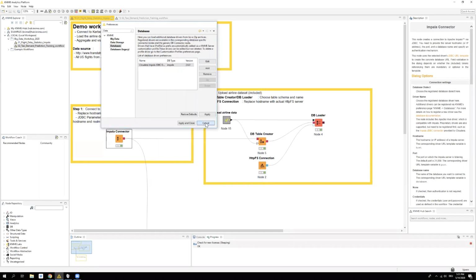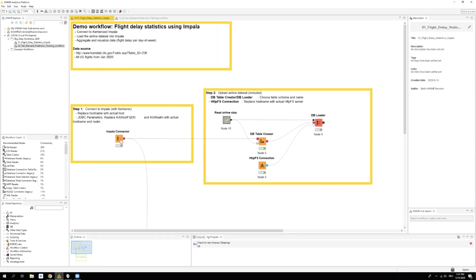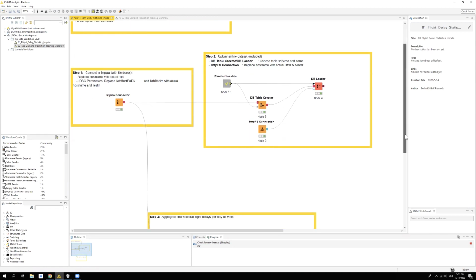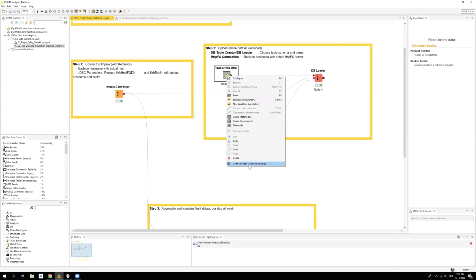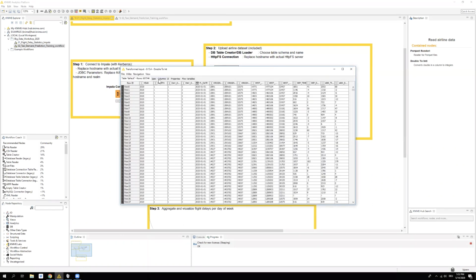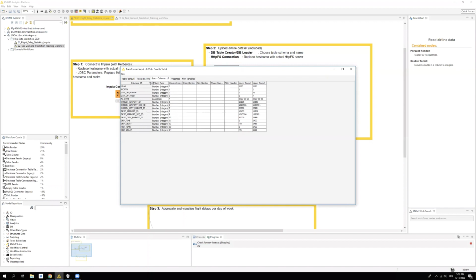Okay. So once you have connected, this workflow first loads some data. The data is open airline delay data. If we briefly look at it, it's flight delays with timestamps basically, and you have arrival delay and departure delay. Those are the most important ones here.